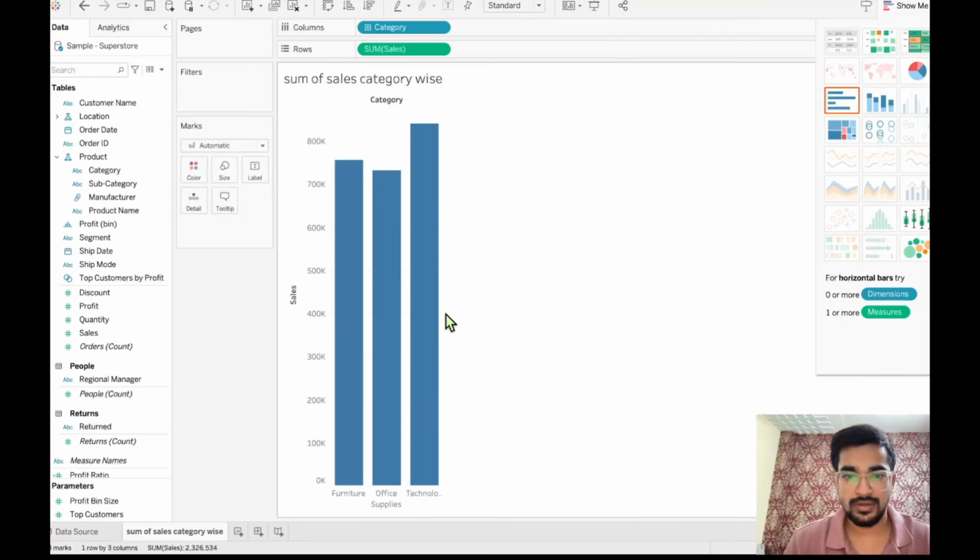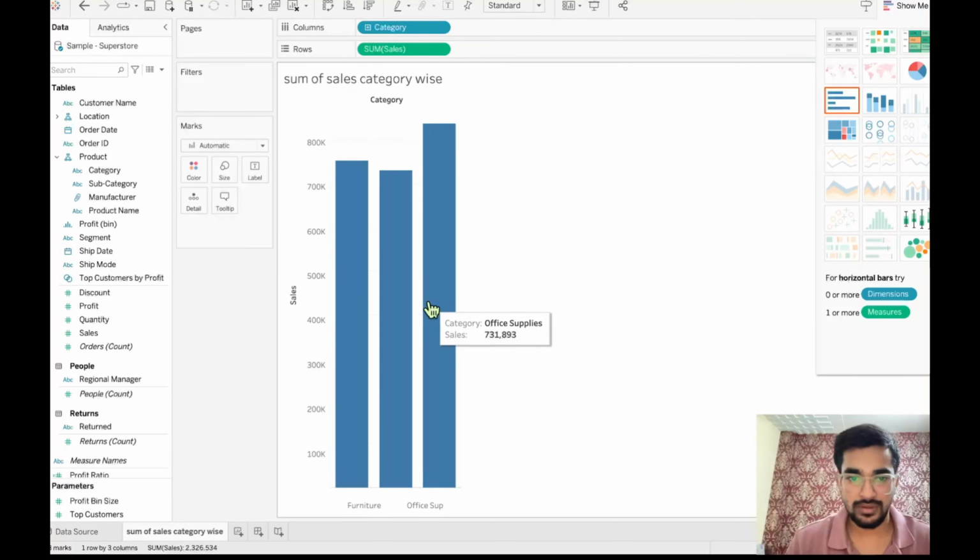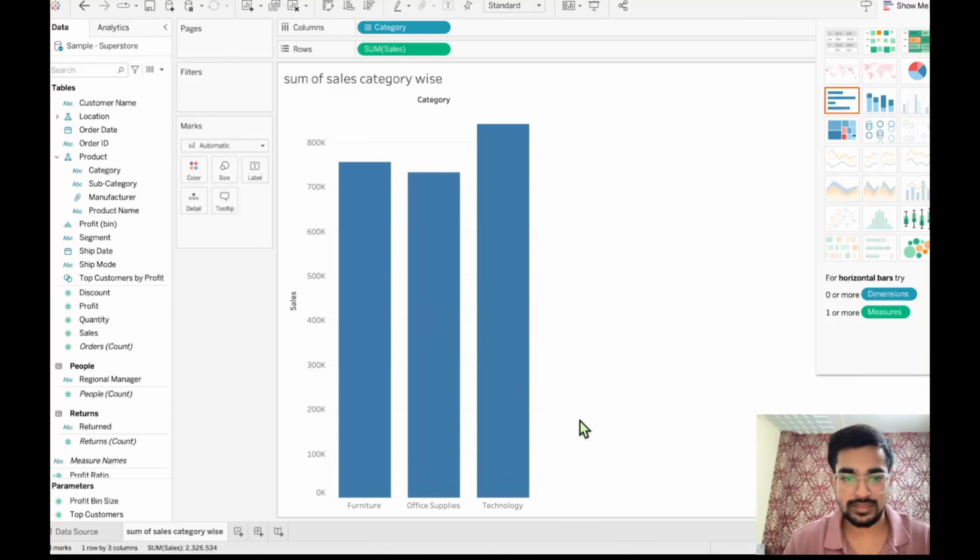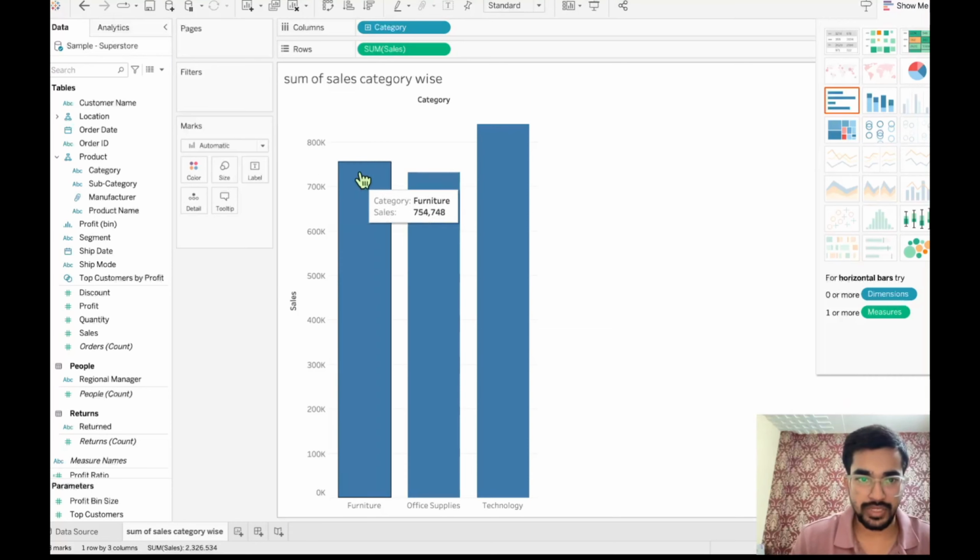If you want to create a vertical bar plot, you can just rechange it, like take the sum of sales here and category there. So this is the vertical bar plot that has been created, and if you double click and drag and drop here, it will increase the size of this bar plot. So this is the simplest bar plot that we have created. Now if I hover on each of these bars, you can see a rectangular frame coming, and in this box we get the exact values. Looking at the chart, we don't know the exact value between 700k and 800k, but if I hover, you can see the exact number of sales,